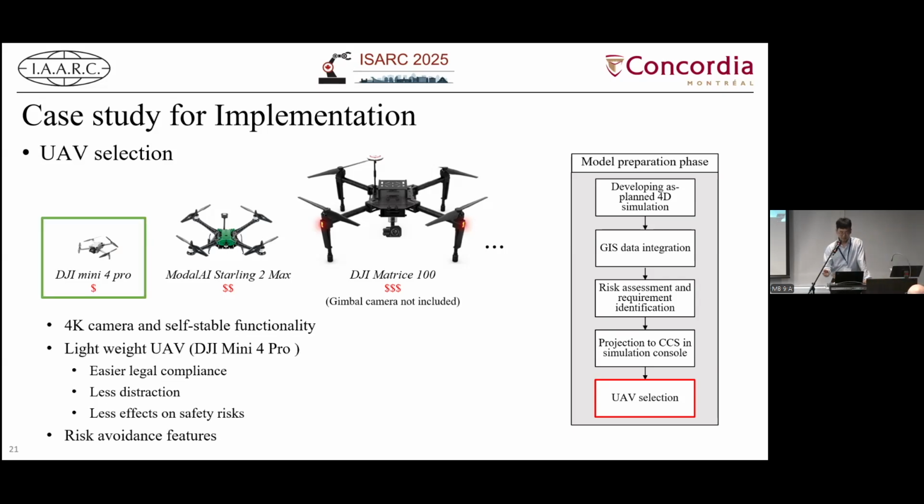And then at last we select this small one because it is lightweight, so it makes it easier for us to get the permit from the government, and it also causes less distraction on the site. And this one itself is a good one, with a high quality camera and some functionalities to prevent safety issues.